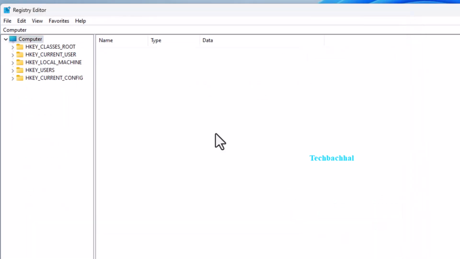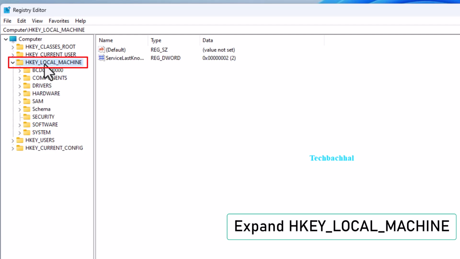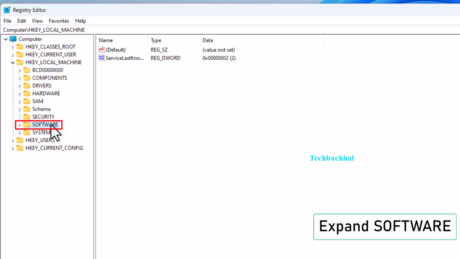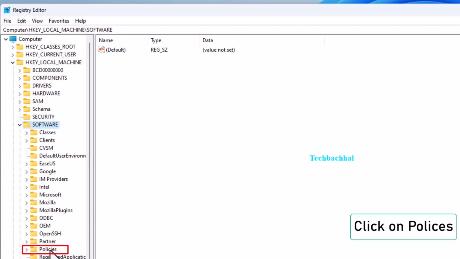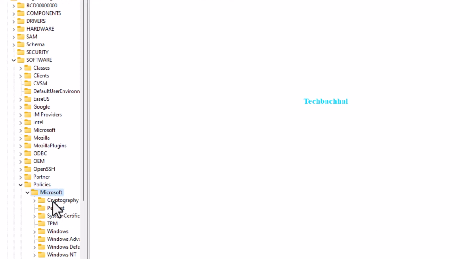Now, let's navigate through the registry. Expand HKEY_LOCAL_MACHINE. Then expand Software. Next, find and click on Policies. Expand Microsoft